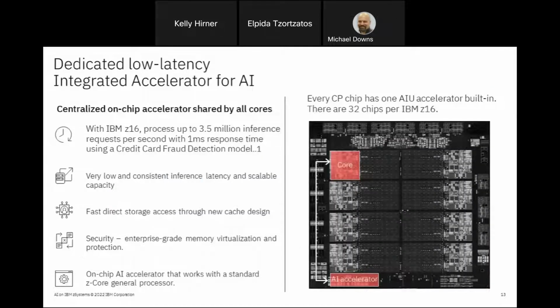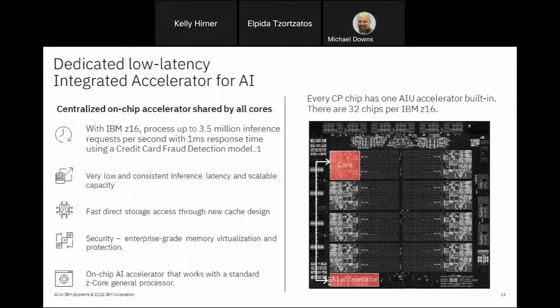Now, very quickly, I wanted to spend a little bit of time on the AI hardware accelerator itself. This is a very unique accelerator. It's the industry first AI accelerator for enterprises. What you'll see here is our AI accelerator sits on the same silicon as the cores, and that makes it unique in that it shares the level 2 cache as well as memory with the cores. So we get the benefit of not incurring the overhead of having to move the input parameters to the model and the model itself from main memory to a device-specific memory, as is the case of